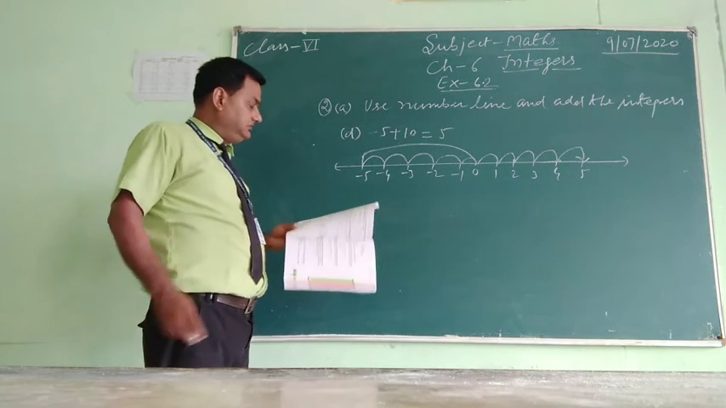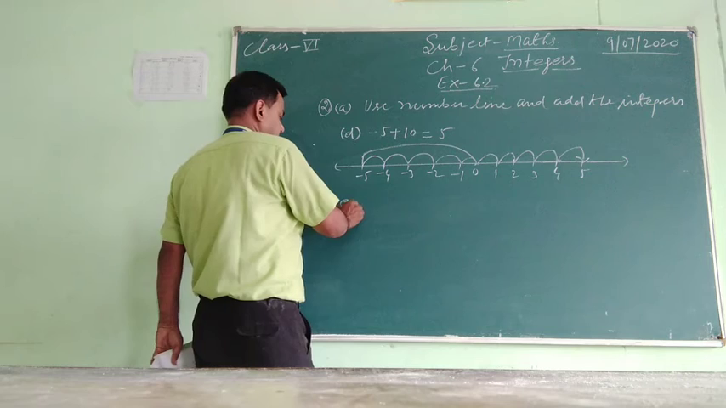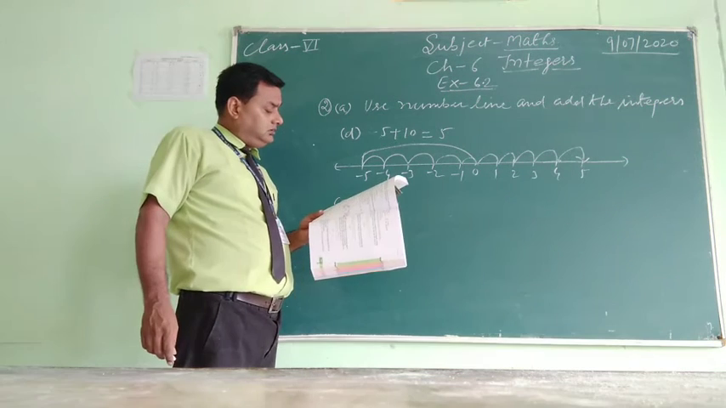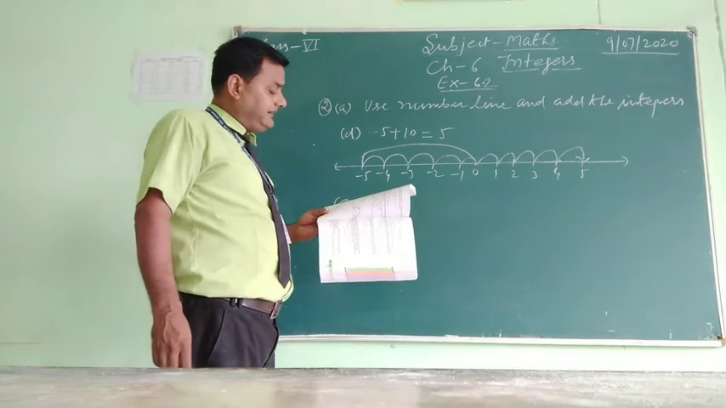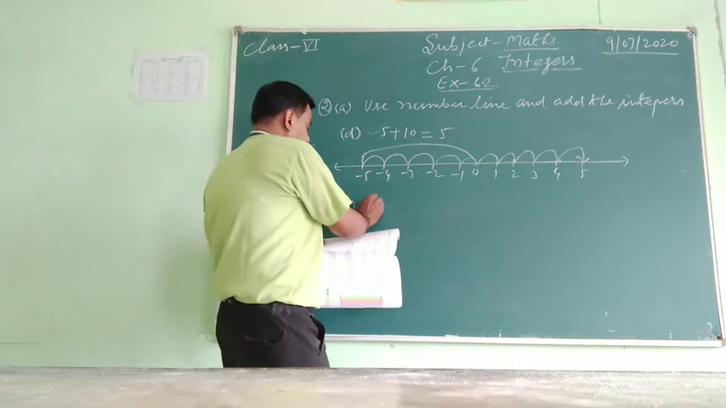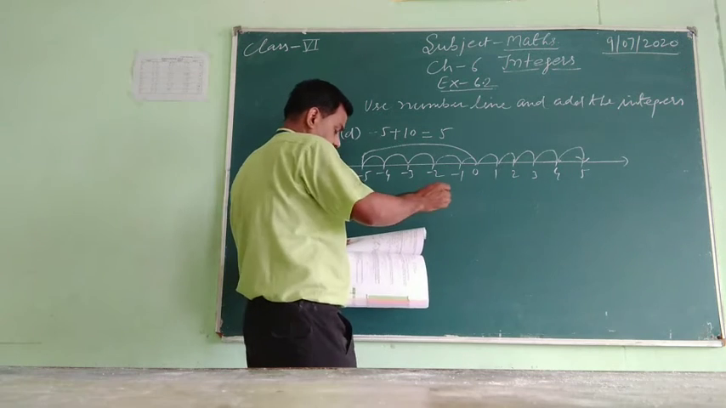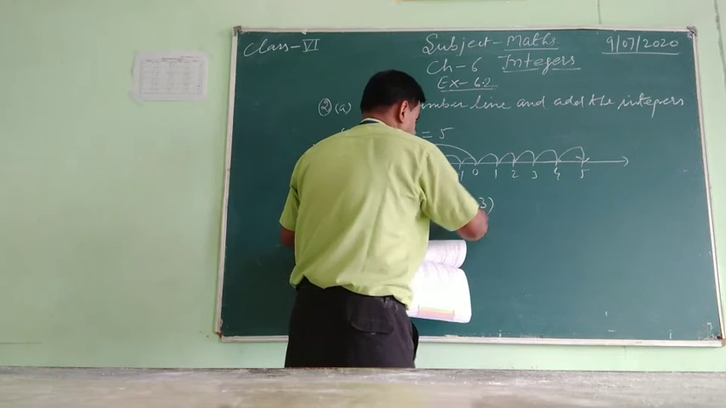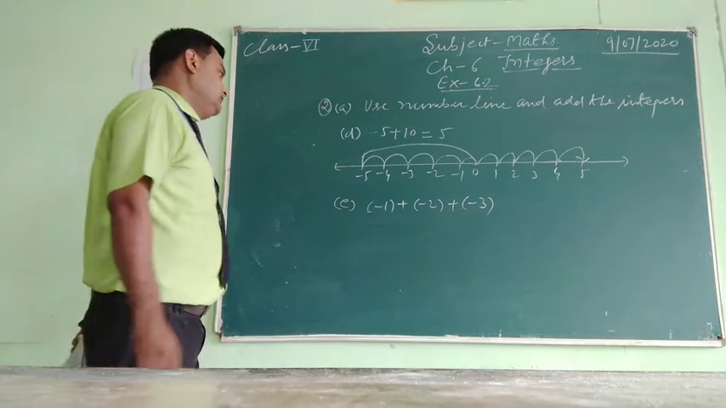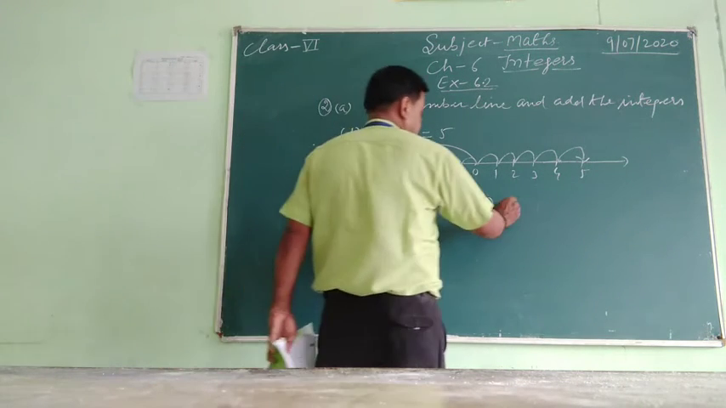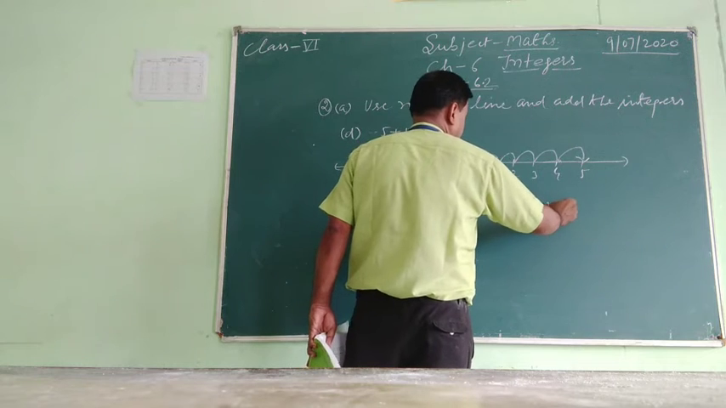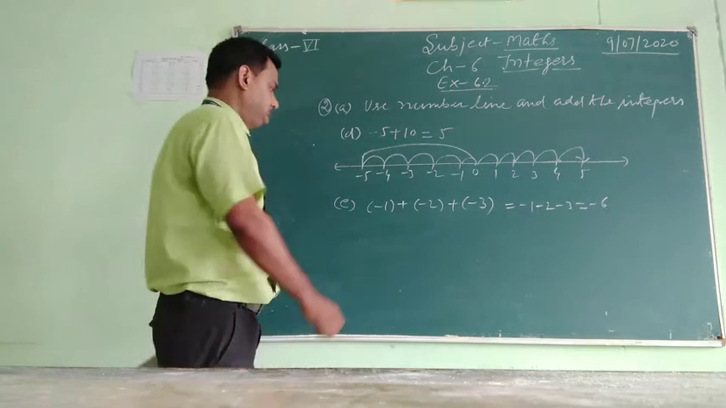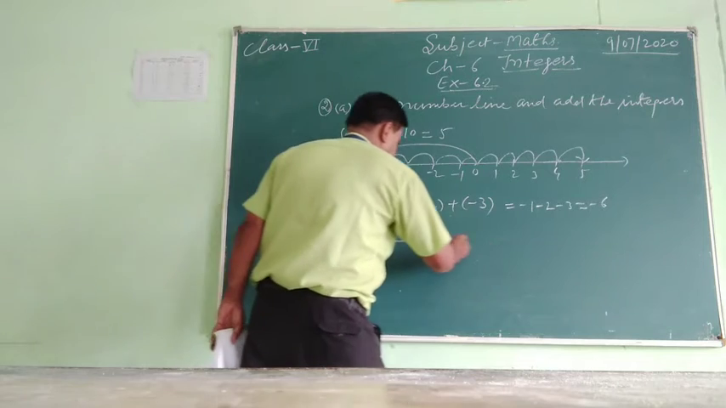Question number 2, E part. Use the number line and add the following integers: -1 plus -2 plus -3. So we can write it -1 -2 -3 equal to -6. So draw the number line